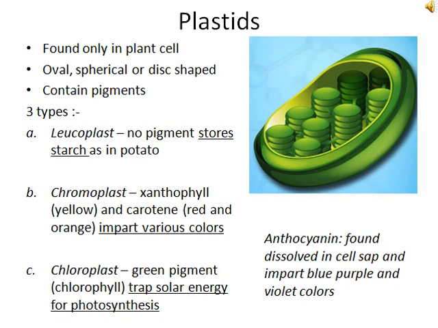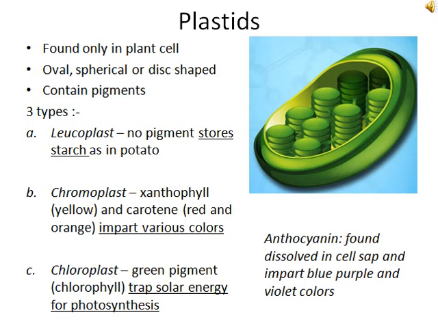Next is the chloroplast. From the name itself, it is very clear that it contains a green pigment called chlorophyll. Its main function is to trap solar energy for photosynthesis. Sometimes in the cytoplasm we can see some other pigments also, which are found dissolved in the cell sap, and they also impart colors to the various parts of the plant. These pigments are called anthocyanin. They give blue, purple or violet colors to the fruit,